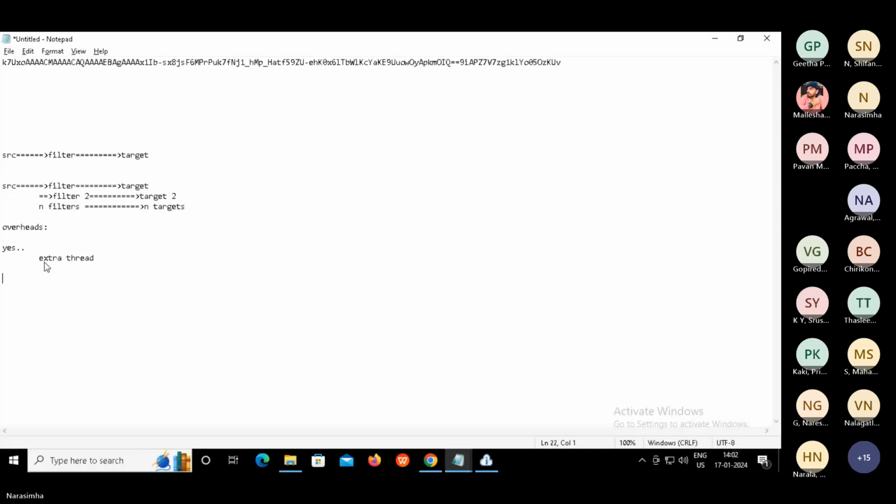Second, with extra transformations there has to be data transfer from source to filter 1, filter 2, filter 3. That's an extra data transfer overhead. Because of these two overheads, the mapping runs slower than expected. So now the question is, how are we going to overcome these limitations?